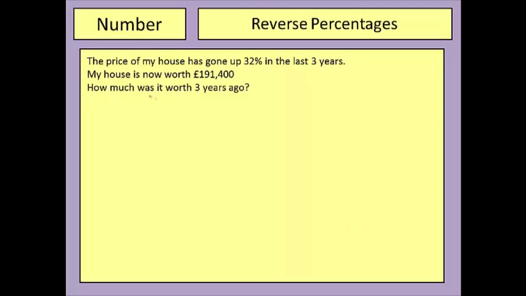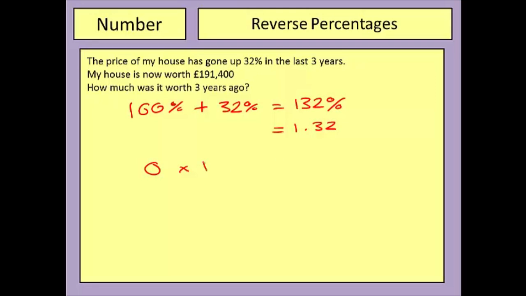So what we're doing here is originally we started off with 100%. Now this has increased this time by 32%, meaning that the price I've got represents 132% of the original cost. Now as a decimal this is 1.32. So the original amount, which I don't know, was multiplied by 1.32, and that gave me my new price, which is